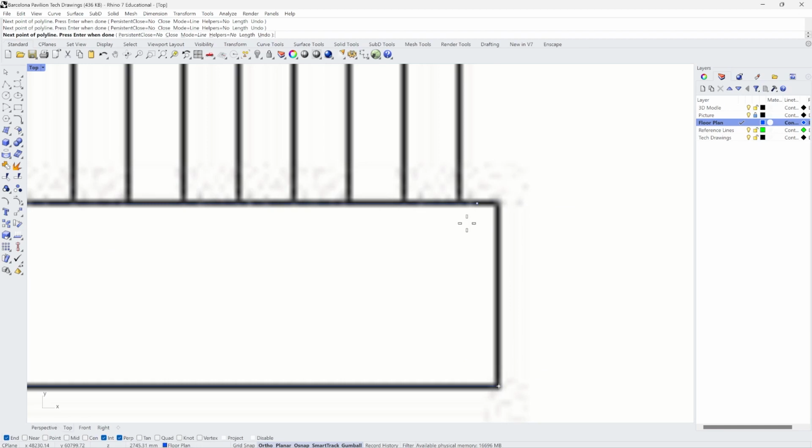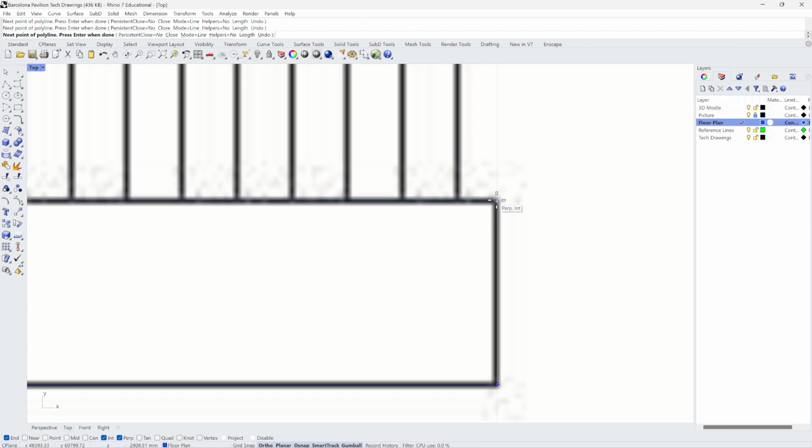So what I can do before I start clicking anywhere, if I hover over my first point that I've placed and I just move it up, you can see it almost creates like a new reference line. It's almost like a little ruler. It just shows you that somewhere here it's going to be exactly a vertical position for my new point, and it's going to be exactly on a vertical line from the first point that I created. Those two lines are perfectly parallel to each other. Click again,